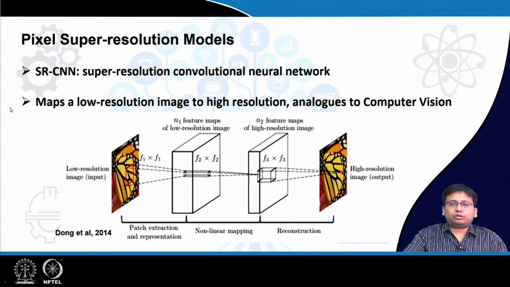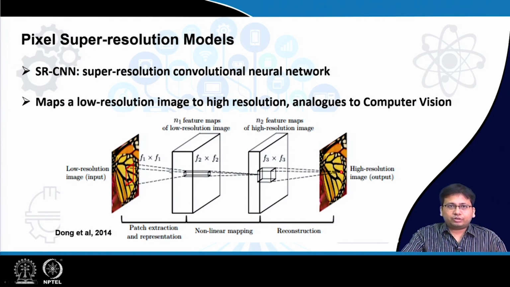The basic deep learning model which they plan to use here is the SRCNN, the super resolution convolutional neural network. Now, this SRCNN model was earlier used in the domain of computer vision way back in 2014. That was a time when deep learning was making huge progress in computer vision. What the SRCNN basically does is define a nonlinear mapping from low resolution input to high